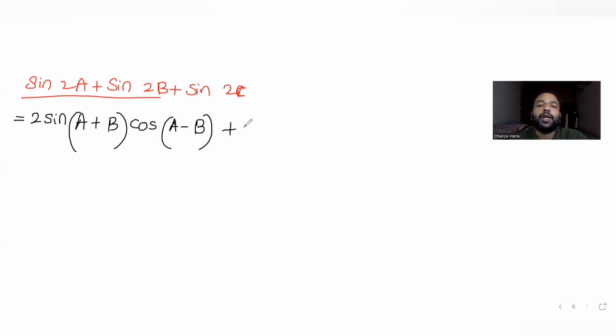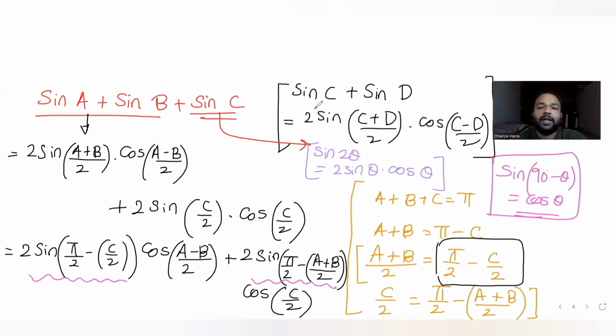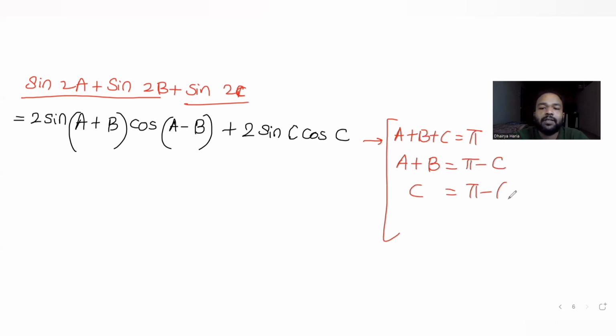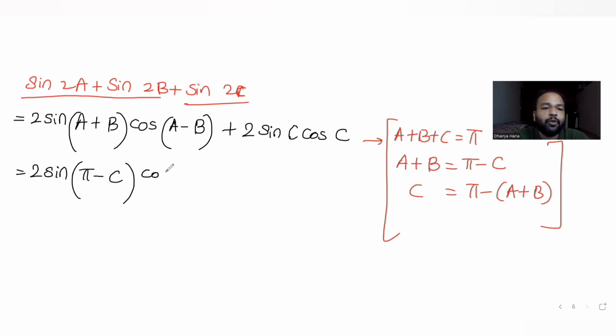Plus sine 2 theta, again if I apply the same idea as the previous, 2 sine theta cos theta. So 2 sine c cos c. So again we are applying the same ideas as the previous sine c plus sine d as well as sine 2 theta. a plus b plus c we already know is pi. So a plus b becomes pi minus c, or c becomes pi minus (a plus b). If I use these ideas in the next step, 2 sine of (a plus b) I can write as pi minus c into cos (a minus b),